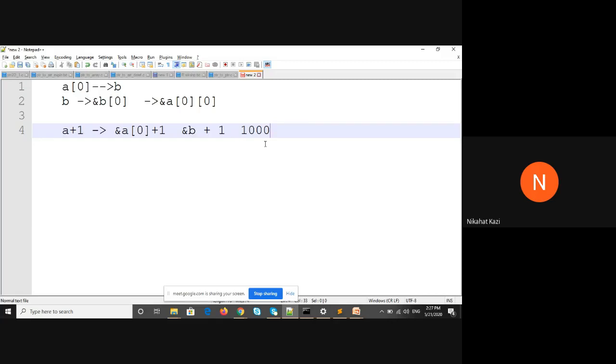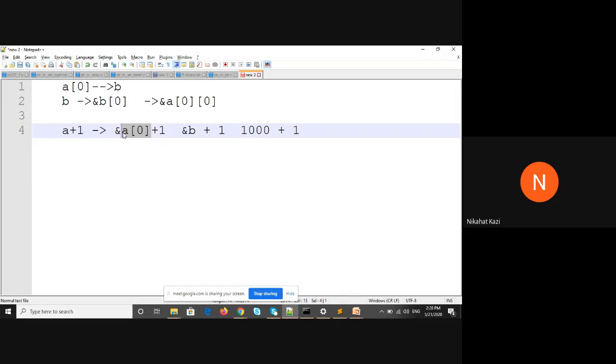Now the trick here is you are adding 1 to it. You are adding an integer to a memory address. Always remember one thing: whenever you are adding 1 to an address, it increments the address by as many bytes as the size of the type it points to.